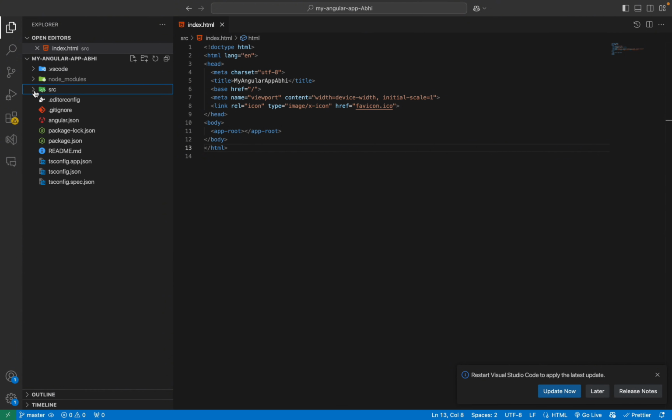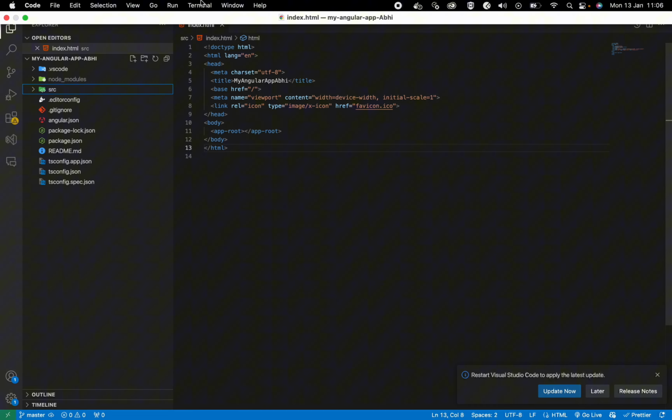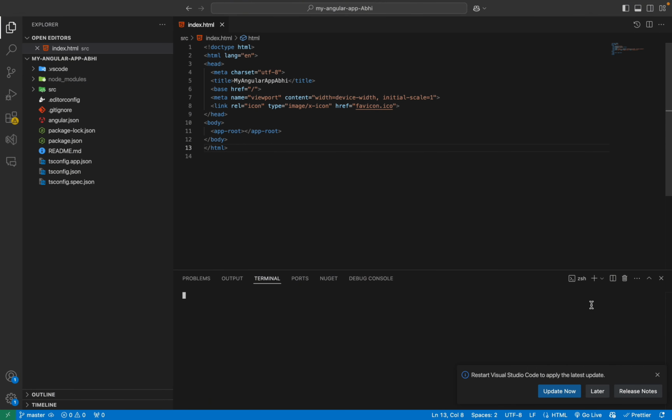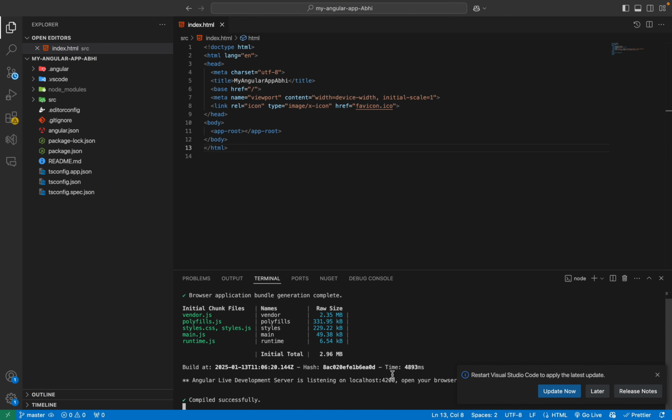To see if our Angular application is running or not, I'll open a new terminal. Inside this, we will use the command ng serve. This command ng is basically what we use to serve or build our application. ng serve will open a server at localhost:4200. This is our development server. If I click this